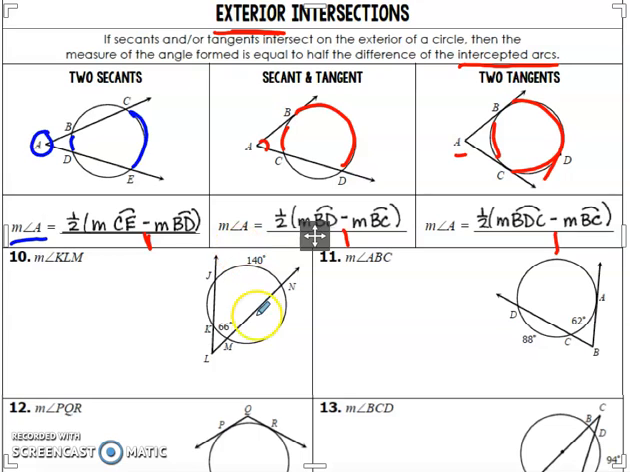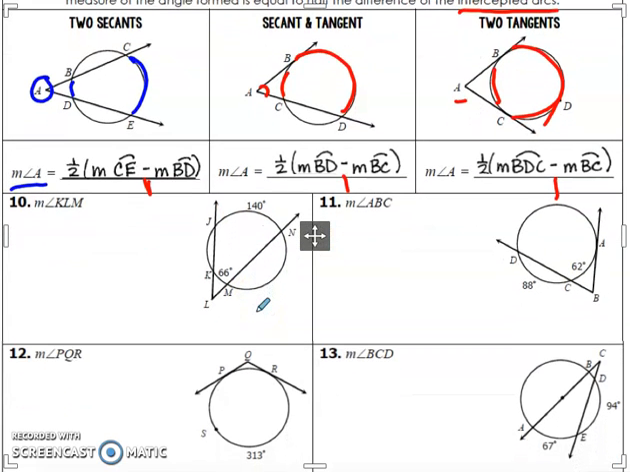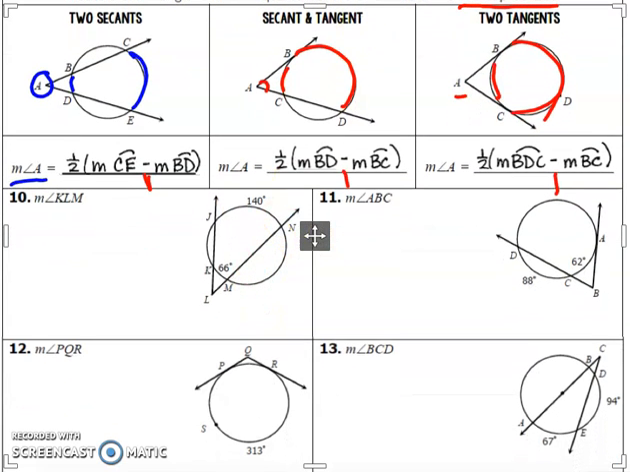So let's take a look at some problems. On number 10, or first off, let's kind of see what we have. I have a secant here and I have a secant here. So I'm looking at this first example, okay? So K, L, and M would be angle L out here, okay? So if I want to find angle L